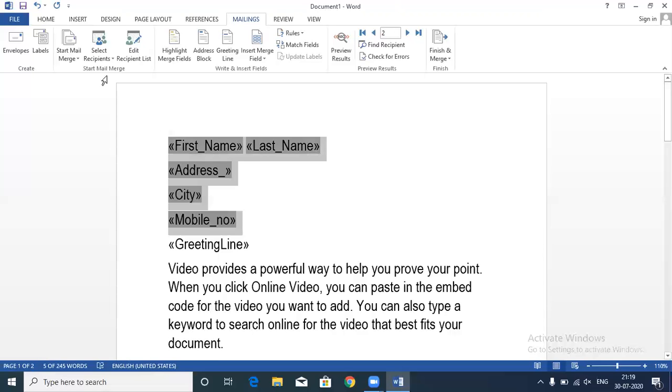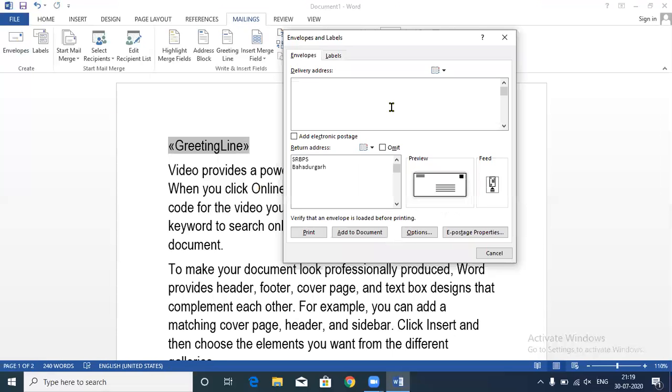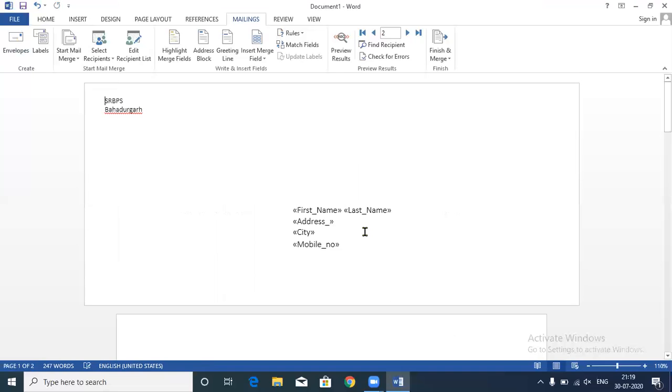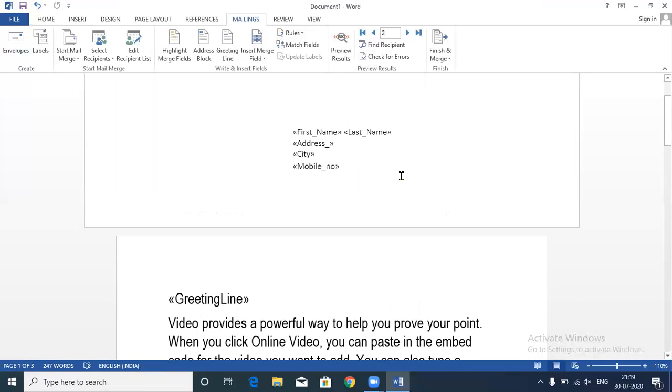I'm going to cut these fields from here and click on envelopes. Here you will paste these fields under the delivery address, and the return address will be your address, the person sending this letter. The return address will be the same on all of the letters. After this, you will click on add to document. You can see one envelope has been added to your document.